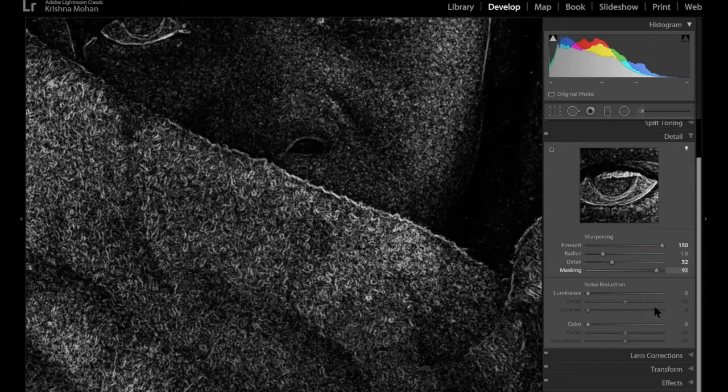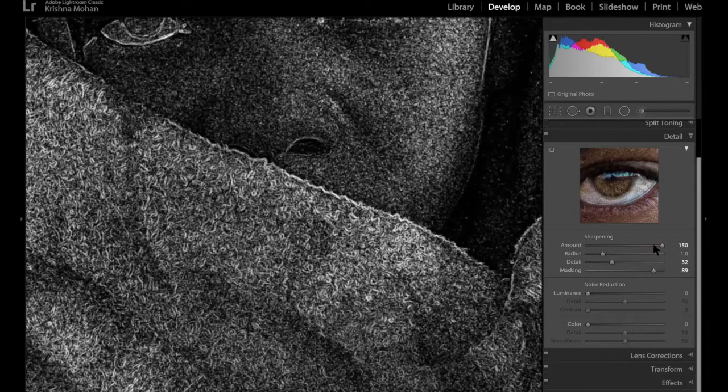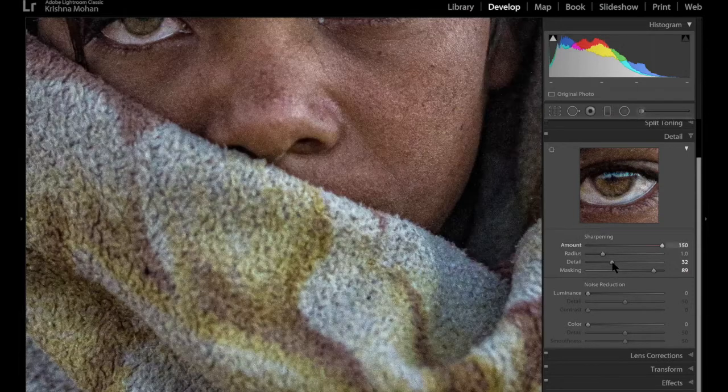So that is where I stop. I'm going to bring it back to something sensible which I covered earlier: the radius is 1, details is around 32, and masking depends. Basically, you hold the Alt key and then pull that mask from left to right. Now this is what you do.